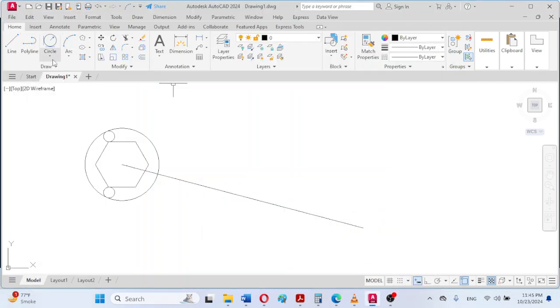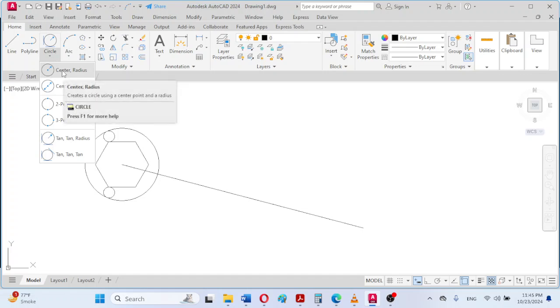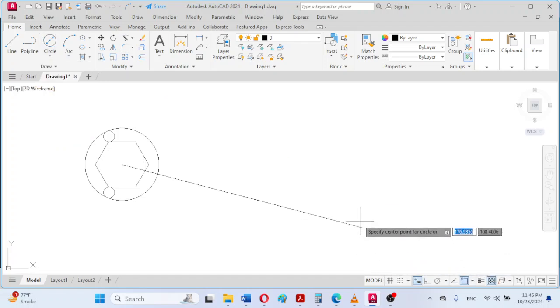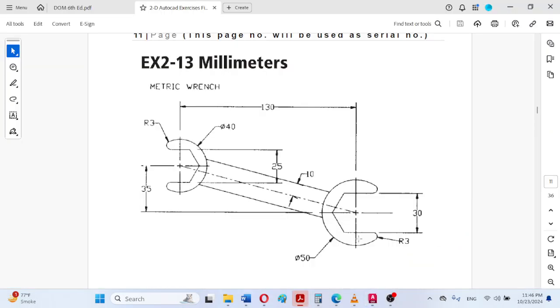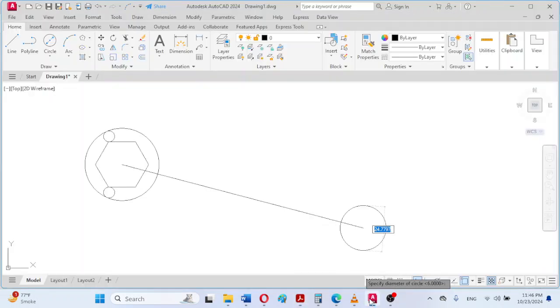Now we will be drawing a circle. For example, the center diameter option can be used directly. The circle diameter mentioned here in the diagram is actually 50 diameter. So a 50 diameter circle will be drawn here,